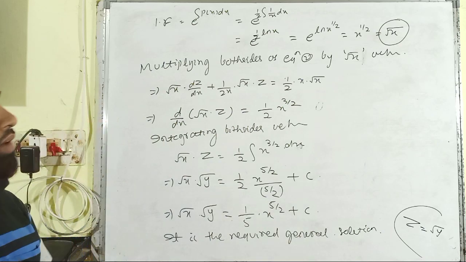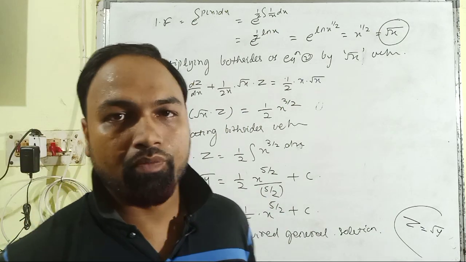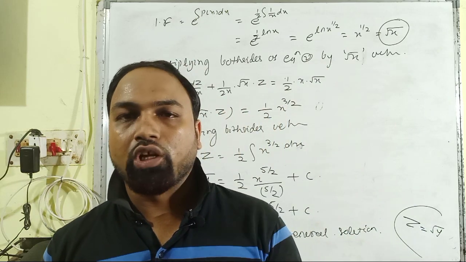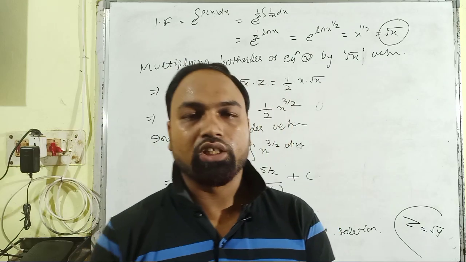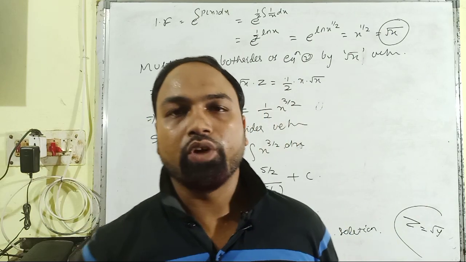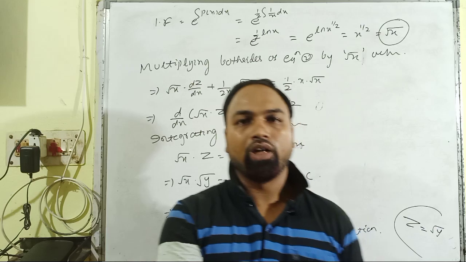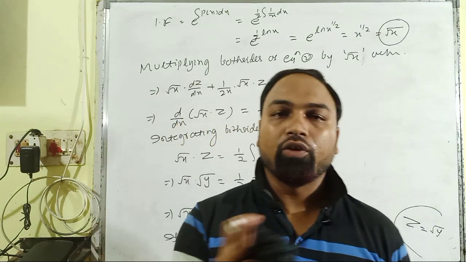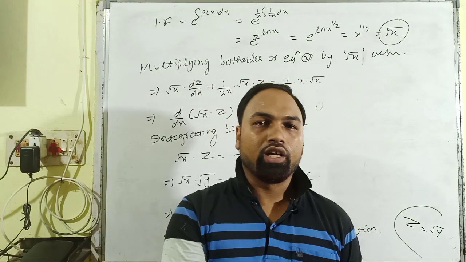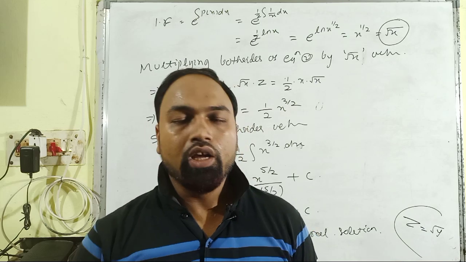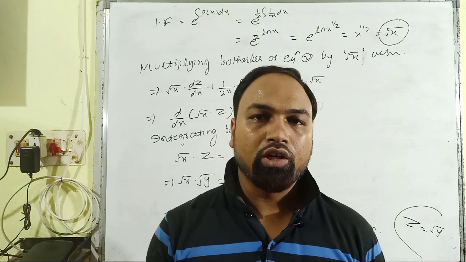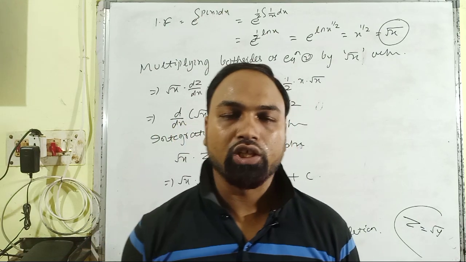So here it is all about the solution of problem number 4, and in this particular session we have solved some of the important problems based upon the Bernoulli's equation. Before that we discussed the Bernoulli's equation, its definition, its formula, and some of the fundamentals of how to solve a Bernoulli's equation. The procedure is, first of all we have to convert this into the form of a linear differential equation by using some proper substitutions. Then we apply the rest of the procedure as in the linear differential equation that we have already used in some of the other videos. So it is all about the completion of the Bernoulli's equation. In the next video we are going to discuss some of the problems of your exercise book. Till then, thank you.